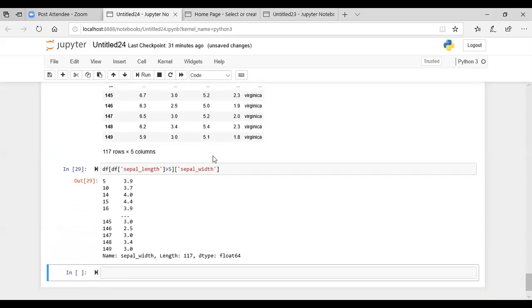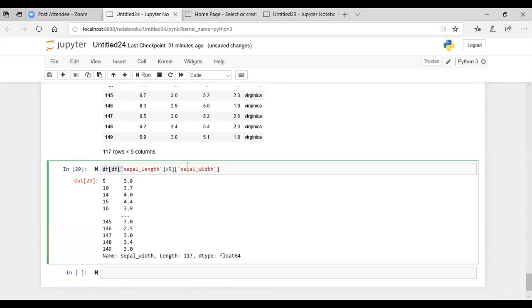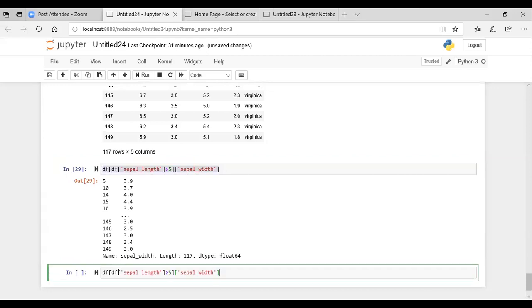But what if instead of only sepal width, you want some other information as well, let's say petal length. So you have to include the columns in a list.